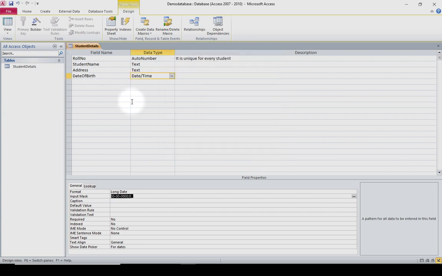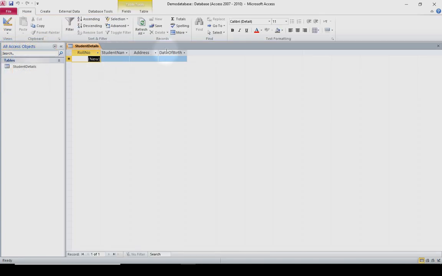Let's save the table. In order to save the table, we'll click on the save button. But can we start entering the data now? No, it's not possible in the design view. If you want to enter the data, you have to switch to the data sheet view. For that, you can click on the view button which is displayed here and you can see there are 4 options, out of which we have to talk about 2 views for now. One is data sheet view, the other is design view. If you see, the design view is already highlighted, so the table is now open in design view. Now click on data sheet view and it will switch to the data sheet view.